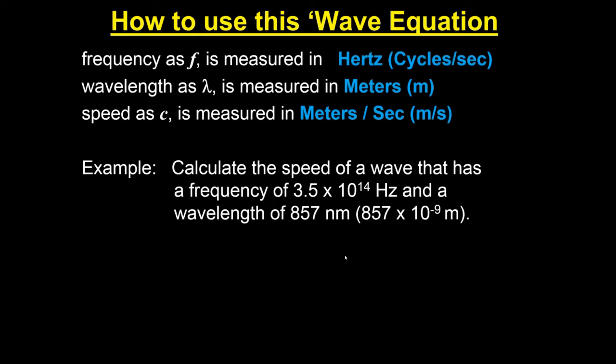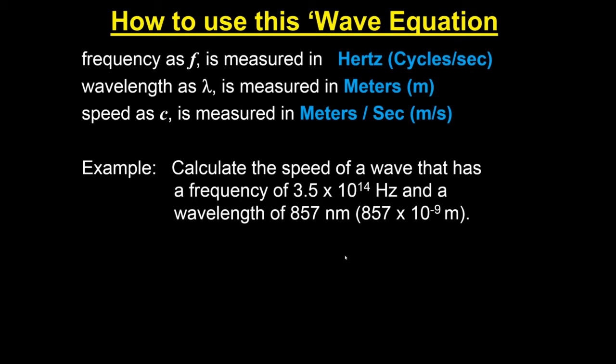So let's calculate the speed of a wave that has a frequency of 3.5 times 10 to the 14 hertz. Oh boy, 10 to the 14 is 100 trillion, so 3.5 times 100 trillion hertz. That's the sort of frequency you get with light. Huge. There's a reason last class we talked about needing big numbers and small numbers,